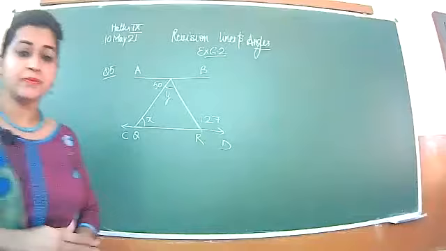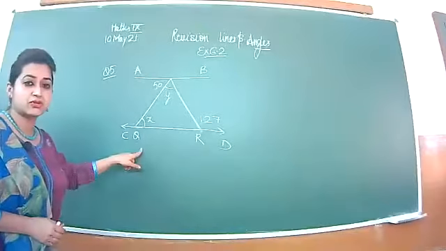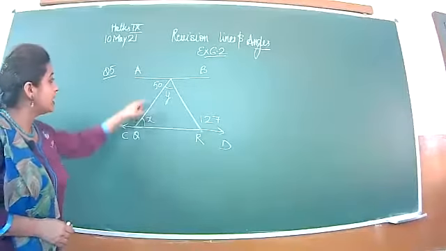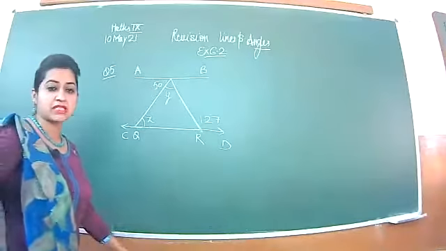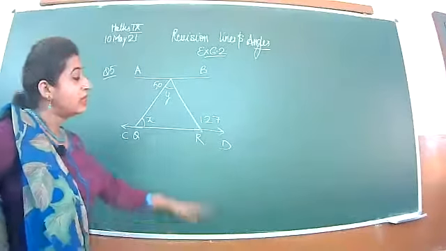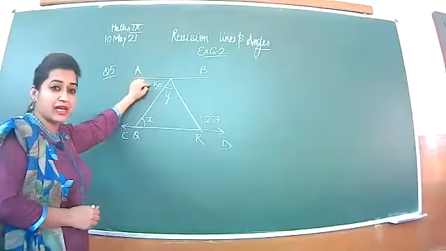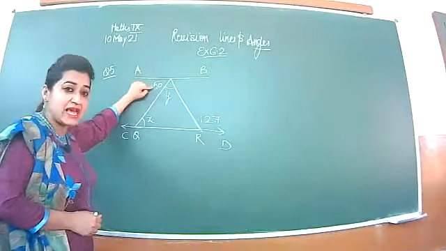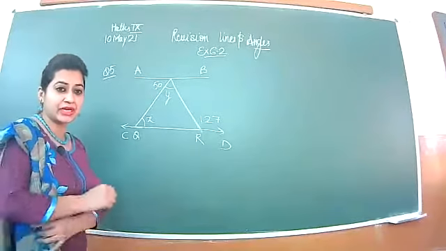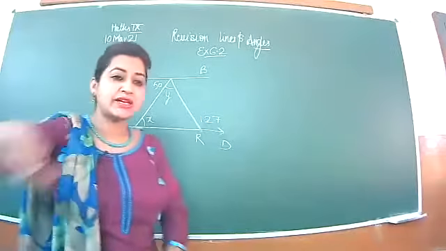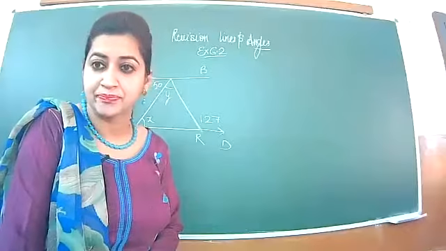In this question, lines are parallel. Line AB is parallel to CD, that is given in the question. X and Y you have to find. These two angles are given as 50 and 127. What you have to do is, please check the angles. Does 50 have any relation with X or Y? You have to check that relation. If they have any relation regarding parallel lines, then you can find the angle easily.